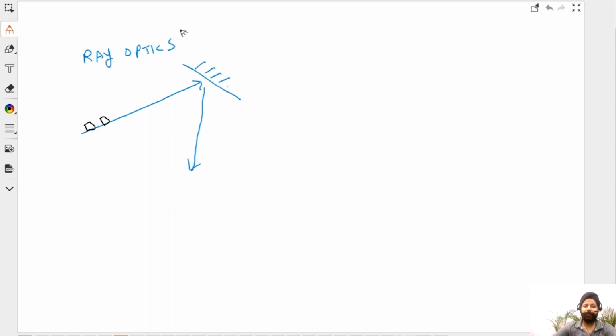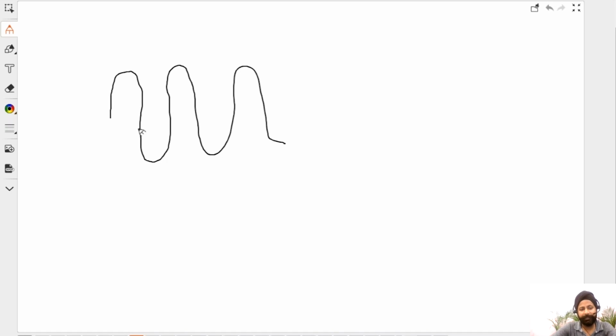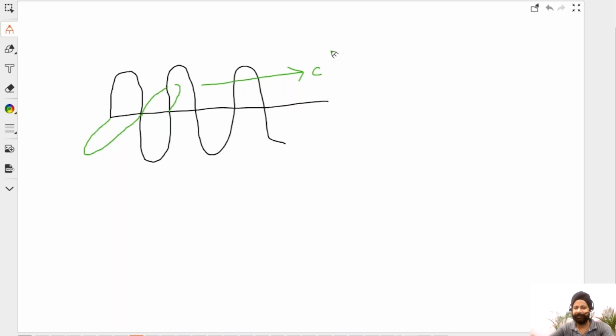We will still study ray optics, not today, but in a few weeks from now. Today we are focusing more on waves. We are going to see how light is actually a wave. So it is electromagnetic radiation, as we already saw. There is a fluctuating electric field, and that makes up a fluctuating magnetic field. This field, in green color, is coming out of the whiteboard and going in. It's in the XZ plane. And together, these two fields, the fluctuating magnetic and electric field, travel in this direction with the speed of light, because this is light.